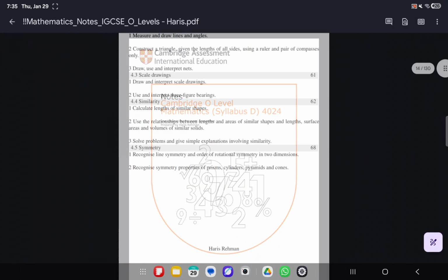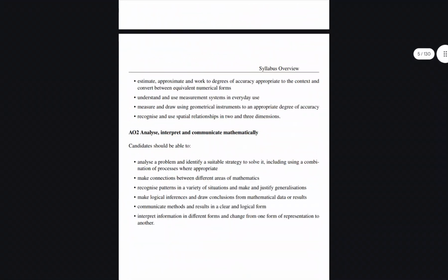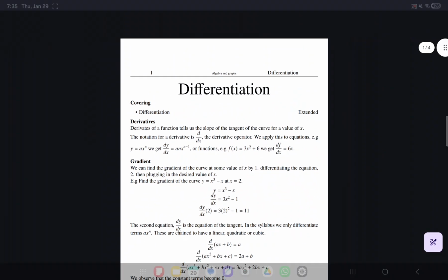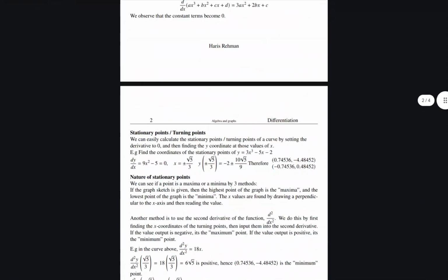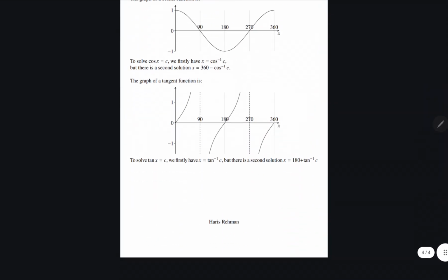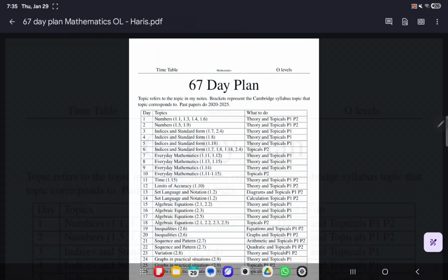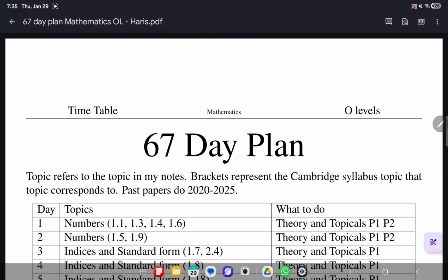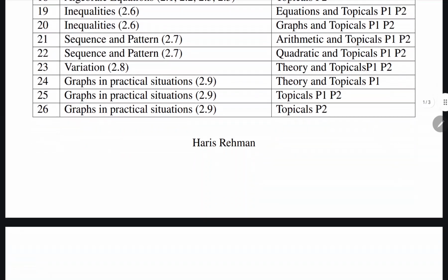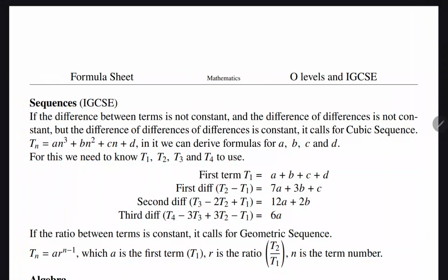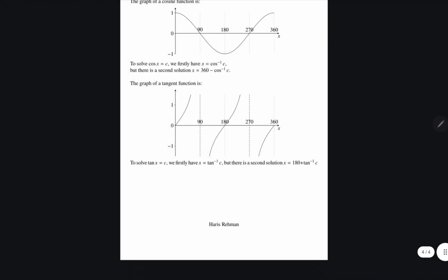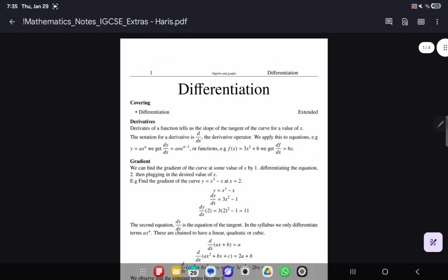The link in PDF page 3 covers this. This is the extra stuff you need and cover in IGCSE. So how do we fit that inside our 67-day plan? Well, I will just quickly tell you how to fit IGCSE inside your crash course. Differentiation is covered in functions. You should do this along with the function chapter.